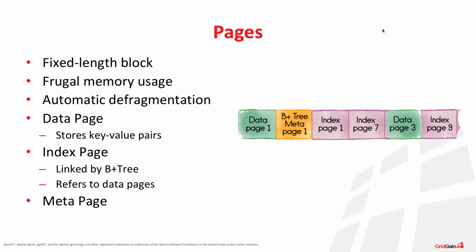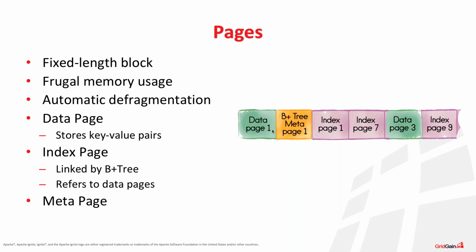And the last type of pages are system pages, or we also call them meta pages, and they are needed for the virtual memory to operate efficiently and properly. For instance, if you take a look at this picture, we have one such meta page, which is called the B+Tree meta page, and this page points to the head of the B+Tree data structure.